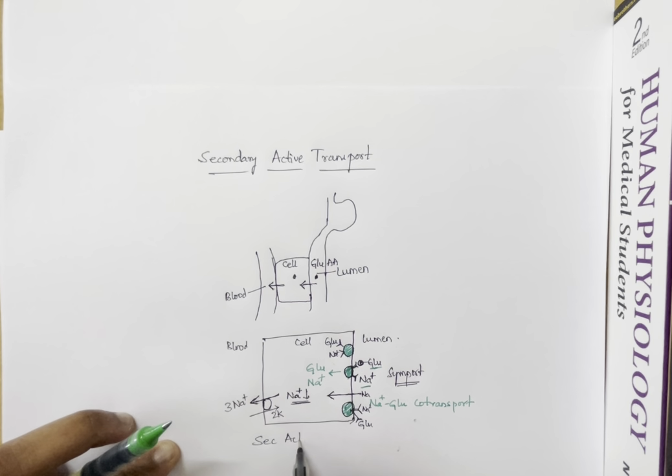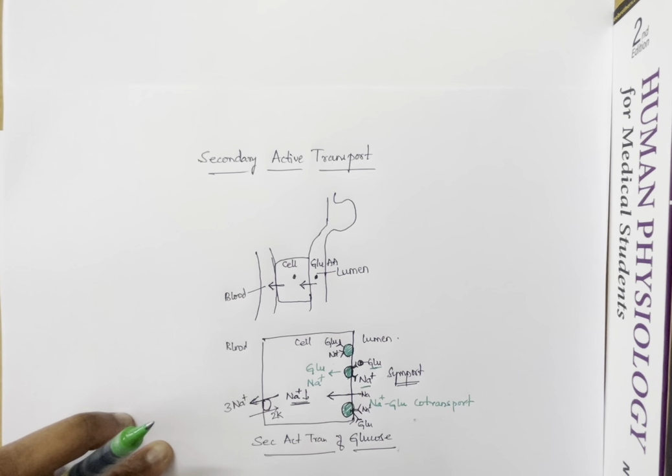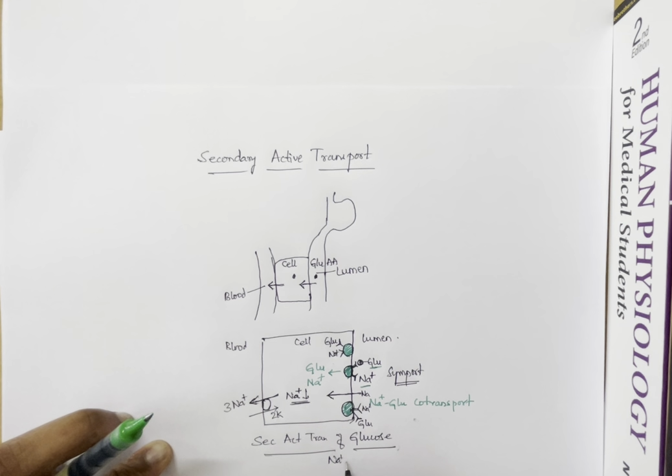Secondary active transport of glucose against its concentration gradient. It is entering the cell from the lumen, and the mechanism of secondary active transport of glucose is the sodium glucose co-transport mechanism. So once this